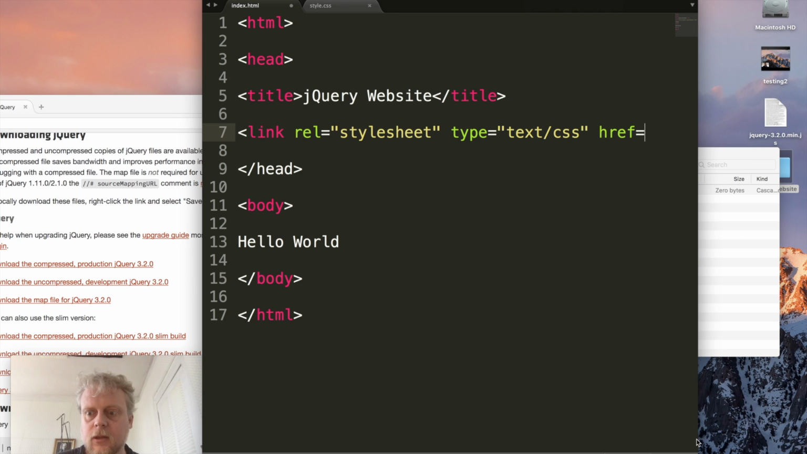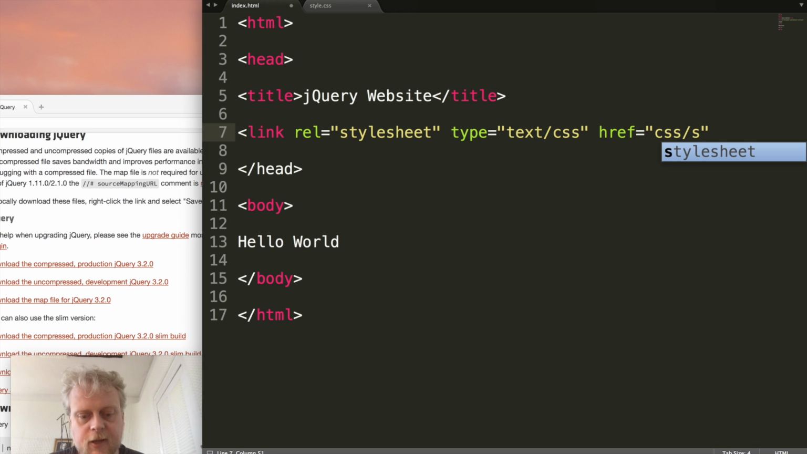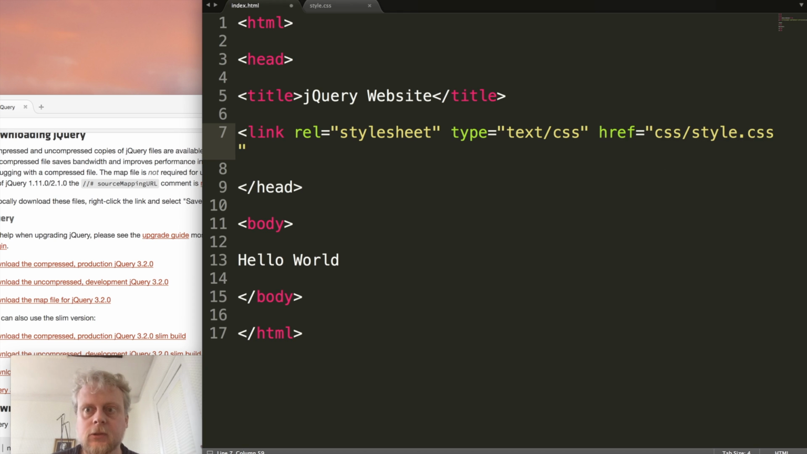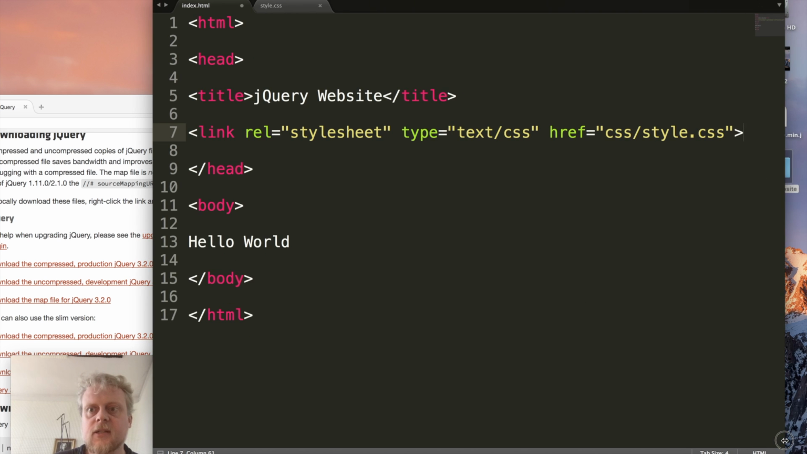And maybe I'll make this window a little bit longer here. And since it's in the CSS folder, I'm just going to go css/ and I called it style.css. All right. And then close out the link tag here. And maybe I'll make this a little bit bigger. All right, the next thing we want to do